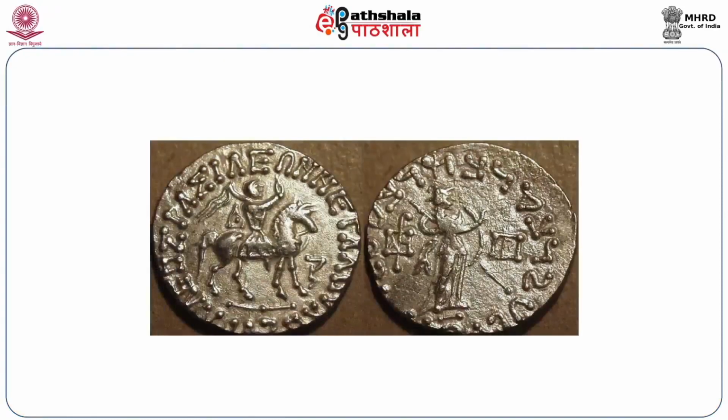So in this coin we have the representation of a mounted king, sitting on a horse with a whip in the hand, and on the reverse we have Pallas Athena represented. And if you look carefully, you will find the dress of the king. He is wearing a cataphract type of garment, which is actually the common garment that was being used by the rulers of these regions. Particularly the Scythians were using cataphract armor, and that is being represented in the coins.